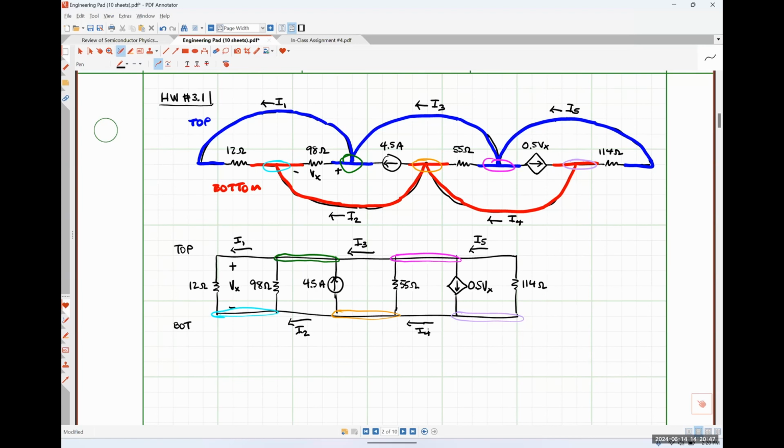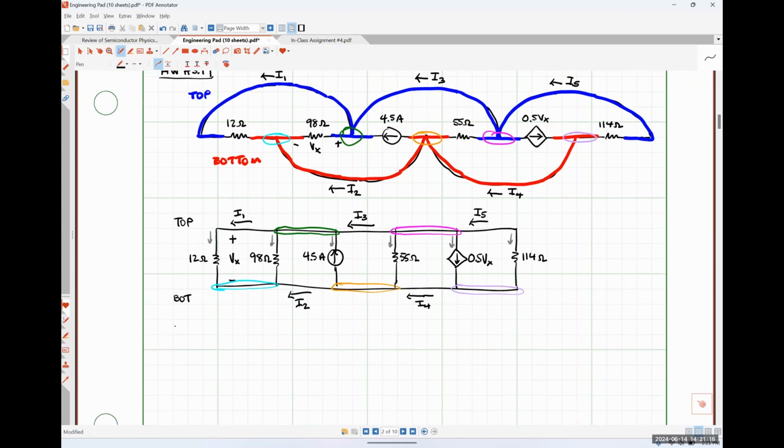So what I'm going to do now is write a Kirchhoff's current law equation at the top node. Let me do something here really quickly. Effectively, I'm going to be adding all of these currents that I'm about to outline in gray together. And whenever possible, I'm going to express those currents in terms of the voltage Vx that's common to all of these elements. Okay, so KCL number 2, the currents that are exiting the top node,